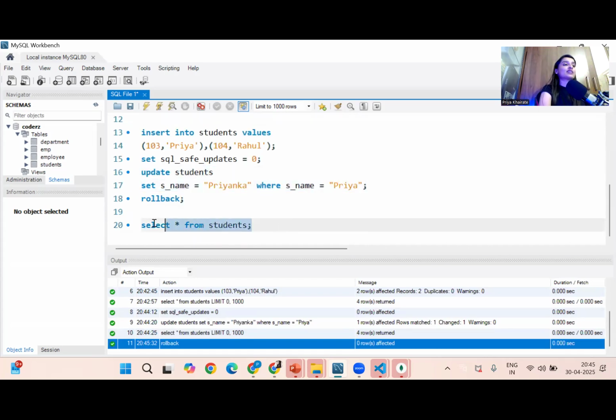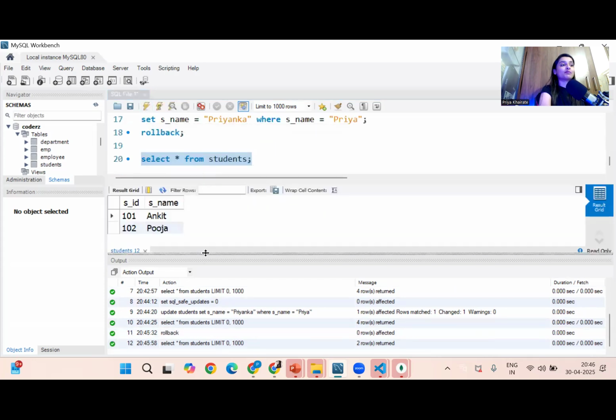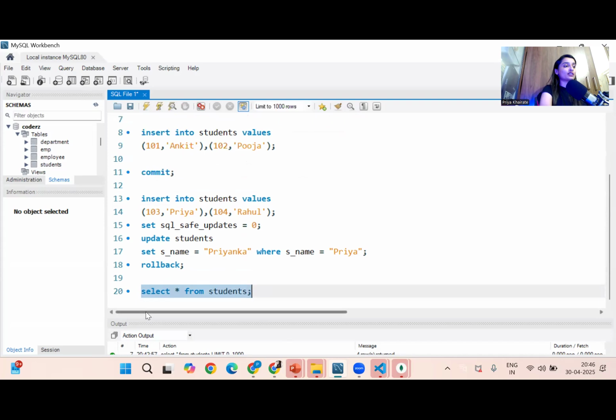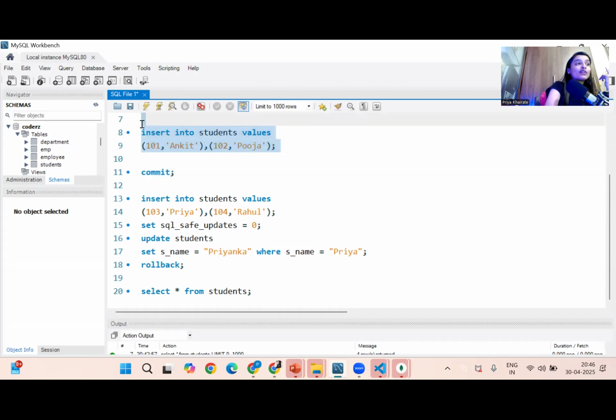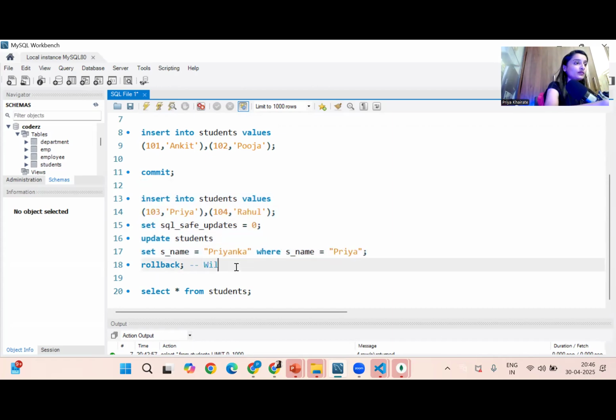Really? Now you just select everything from students table. Can you see in my students table only Ankit and Pooja is present? It will undo all the transactions. So now, let me drag it over here, or I'll just close it. So now what happened, guys? As soon as you said roll back, it will take the control to the last commit statement. So before commit, whatever you did, only that much is present in the table. After commit, whatever you did, everything it will undo. So your rollback will take the transaction